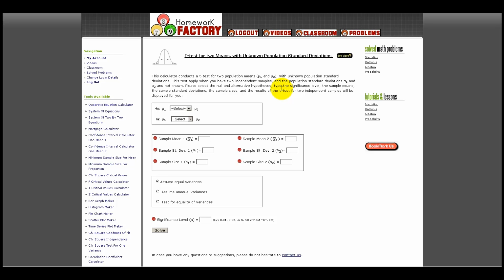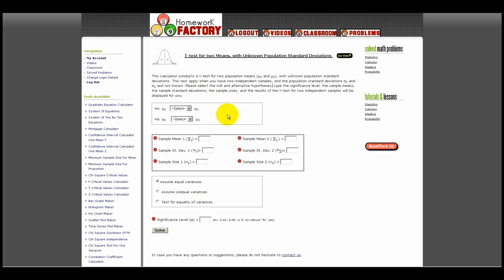You get a sample from the first population, and you get a sample from the second population. And those samples are independently gathered. If they're dependent on each other, then you wouldn't use this test. You would use a paired samples t-test or something like that. Okay, so just to make it short here,